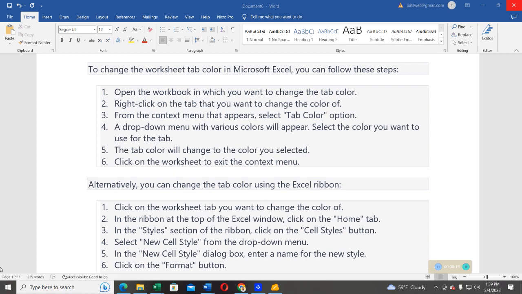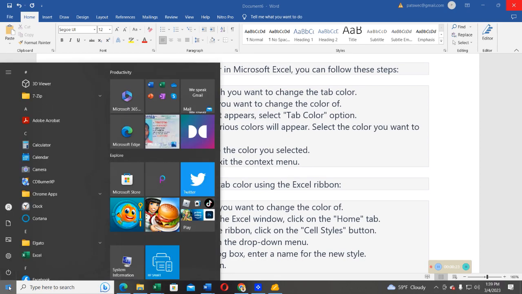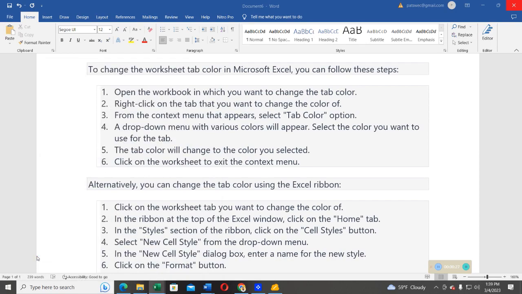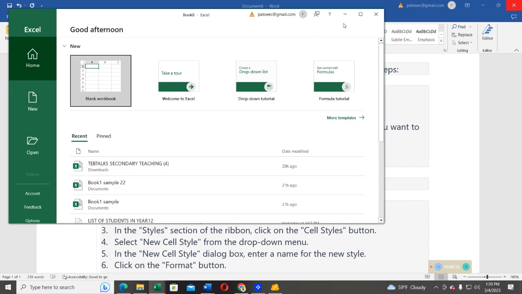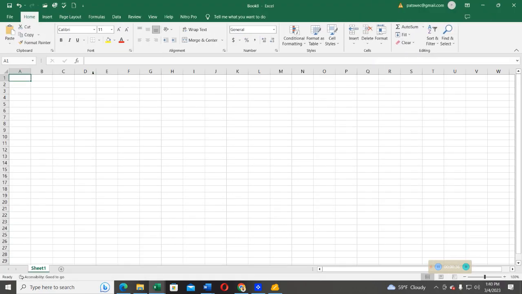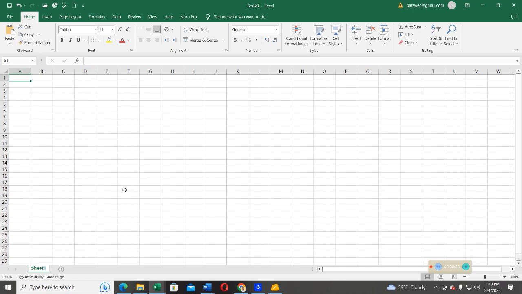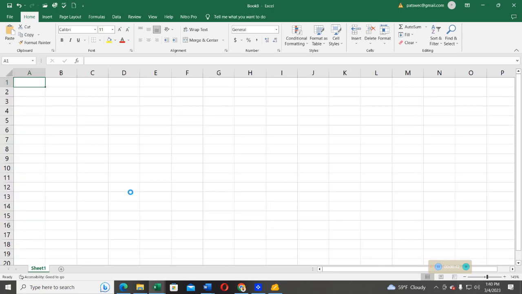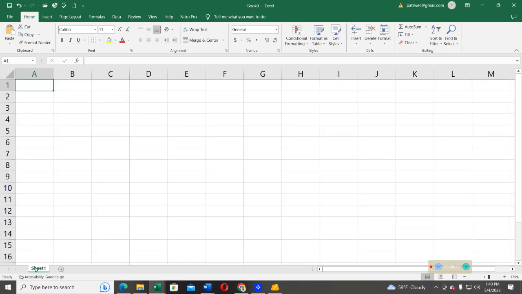So what I'm going to do, I'll go and select the window start, and then I'll open Microsoft Excel. After opening Microsoft Excel, I'll go ahead and open a blank workbook, and then in this blank workbook, I will go ahead and see, and I can add more tabs